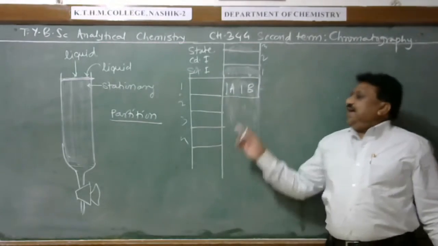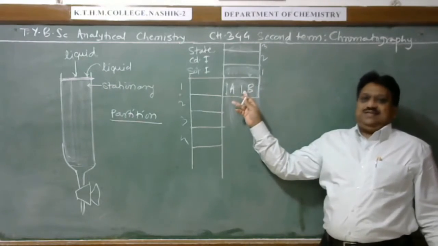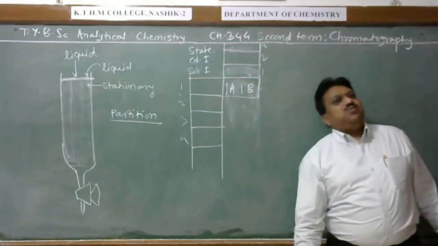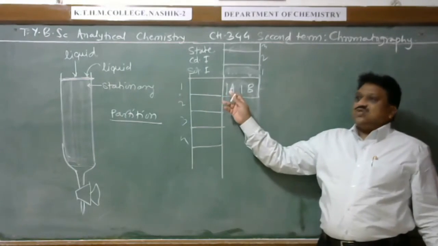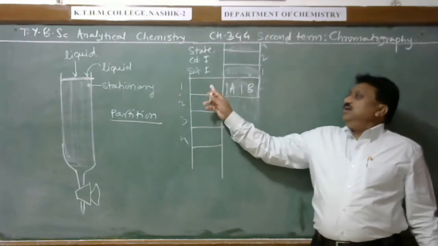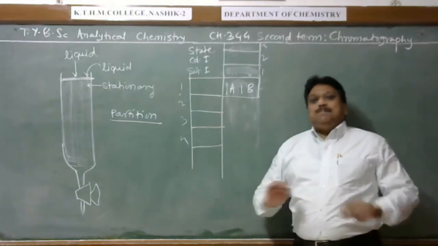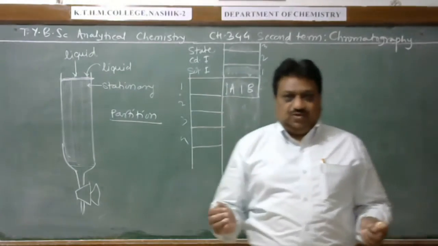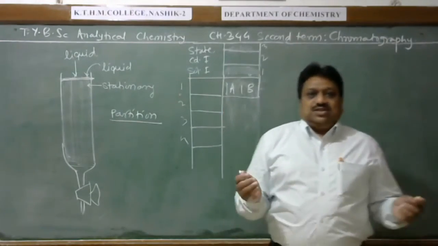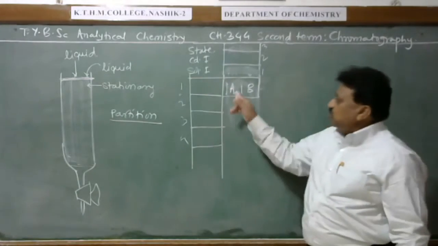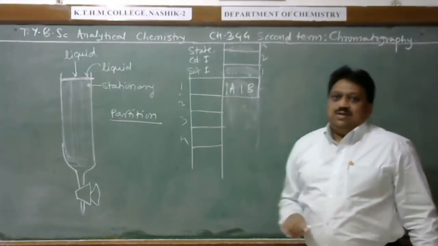Now here 1A and 1B is present in the mobile phase. Here the stationary phase box is empty; it does not contain a solid molecule, but it contains a solvent molecule. Now here, on the basis of relative distribution of the solutes A and B in two solvents, separation takes place. Suppose for example, if here A and B